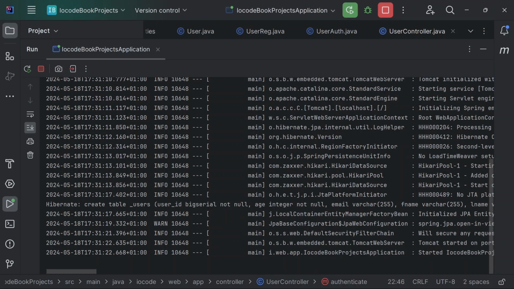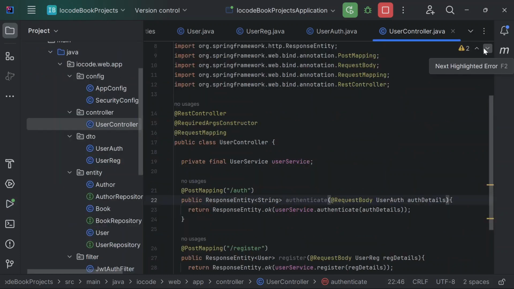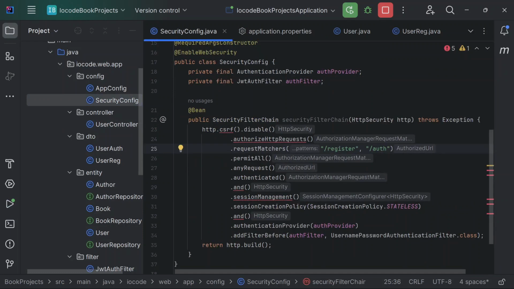So now that our application has started correctly, I want to make mention of something. I made a little bit of changes to the code base. It was not included in this particular video section. The reason is because if we take a look at our security config class during the definition of the bean, I did something like this slash v1 slash API slash the register, and I also did it alongside with the